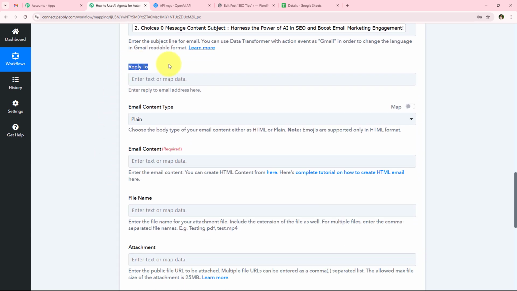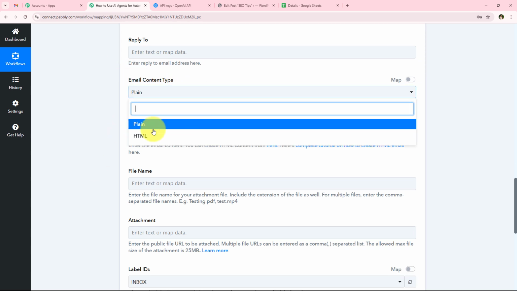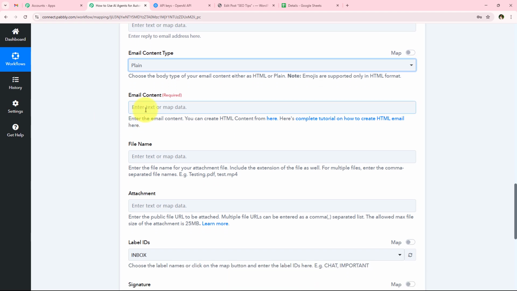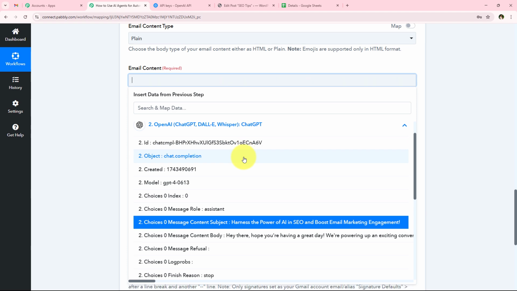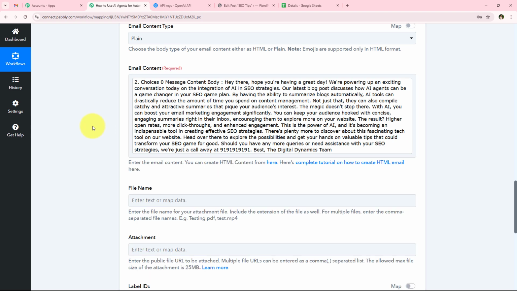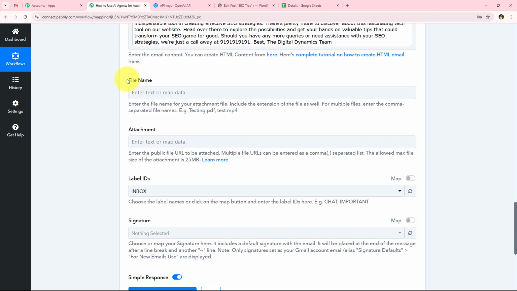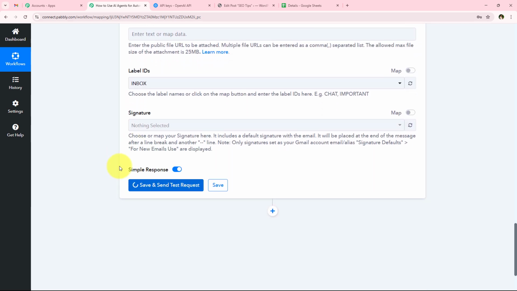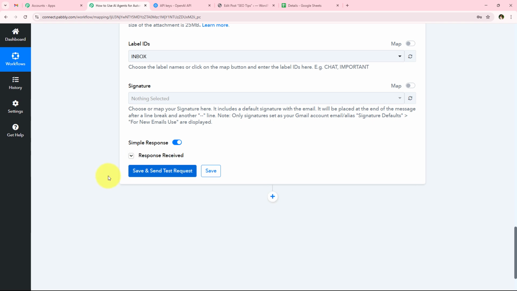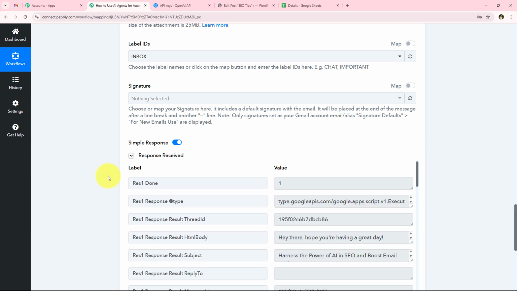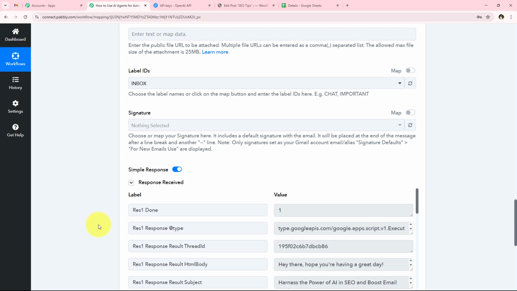It is asking for the reply to, so this email is not a reply email, so I'm just going to leave it blank. It is asking for the email content type, so over here I'm just going to select plain, and for the email content we are simply going to map it from the response of our previous step, which is the message content body. Now we're going to move forward. It is asking for many other details. All of these details are not required. I'm simply going to leave them blank and click on this save and send test request button given right over here. And yes, you can see that with this we have successfully received a positive response